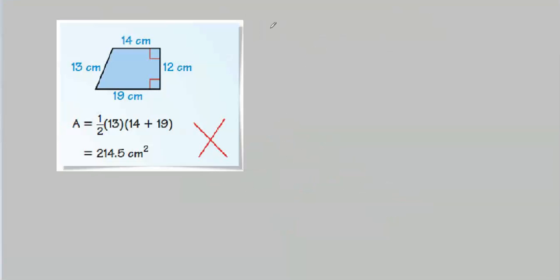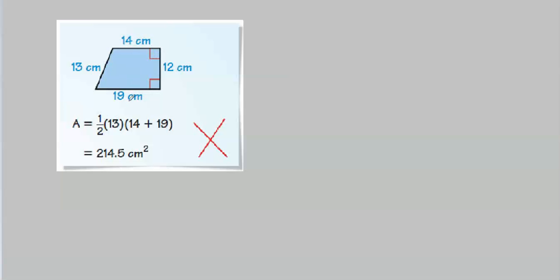Well, here it looks like somebody was trying to find the area of a trapezoid. It's tempting to say a couple of politicians tried to do this, but I don't think they'd ever try to do anything as useful as finding the area of a trapezoid. So it must have been one of their assistants. Maybe a clerk was taking a shot at this one. What did they do wrong?